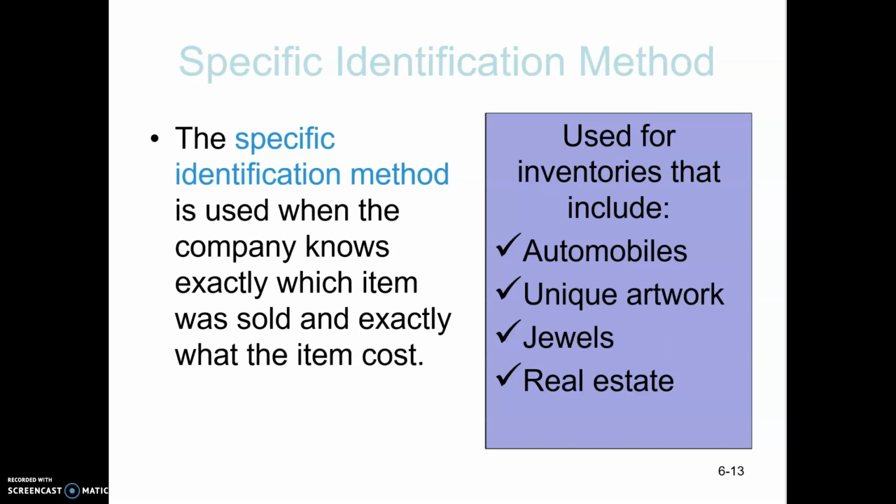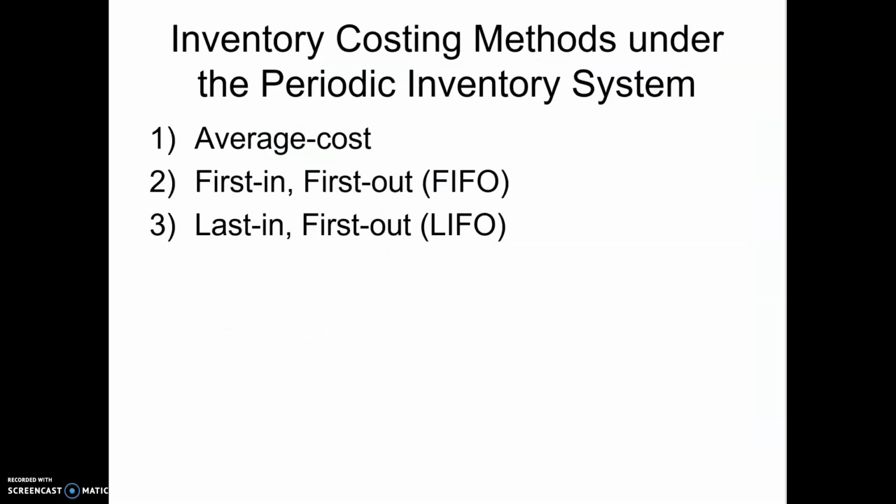So a jewelry owner may be able to look at a necklace and they know exactly what they paid for it because it's very different from other pieces of jewelry that they have. Okay, but companies that sell a large amount of items that all look the same isn't going to be able to use specific identification. So we're not going to spend time on specific identification. We're going to look at the other three methods, and we are going to be focusing on the periodic inventory